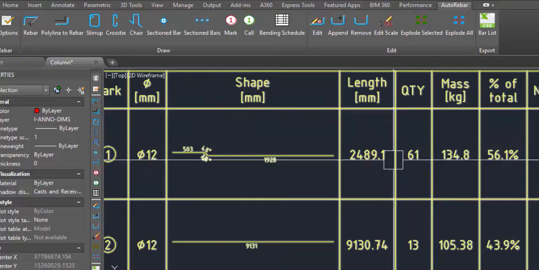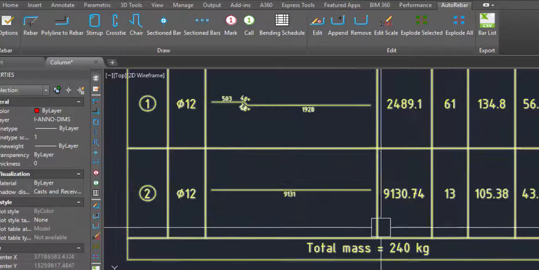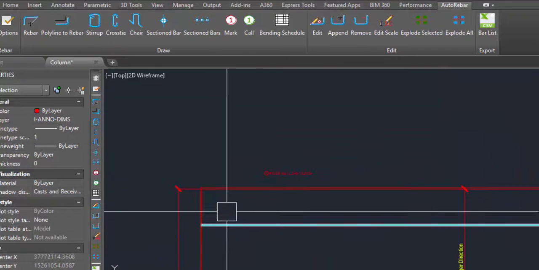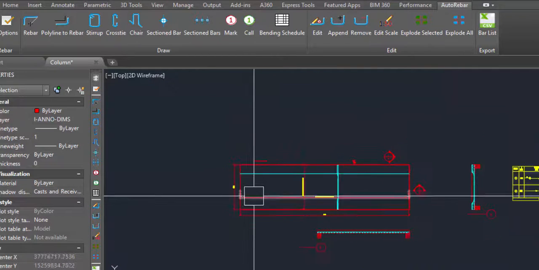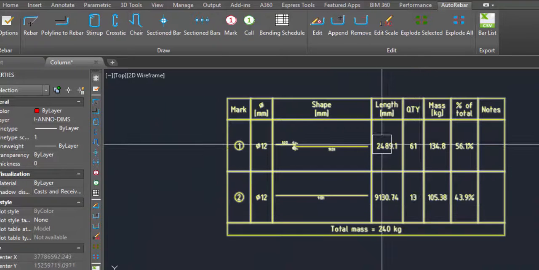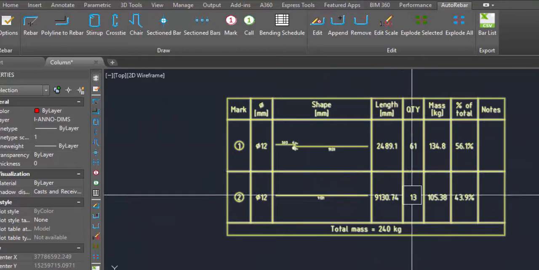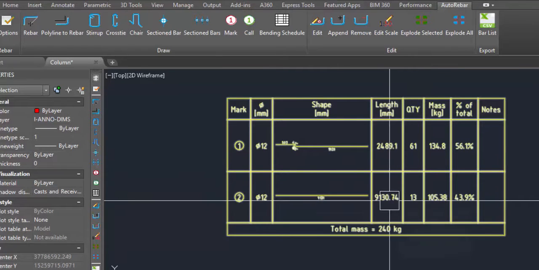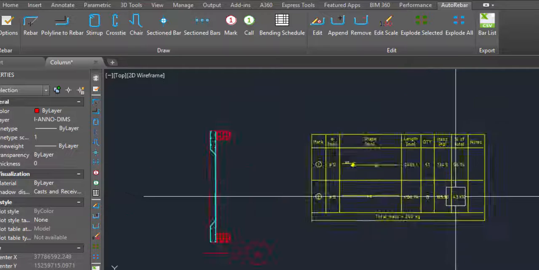So here the number of bars will be increased and here the length will be increased, and the number here will be the same because we did not make any changes in the shorter direction, so it will be 13. So this dimension and this dimension are working together. Now I will see what happens if I